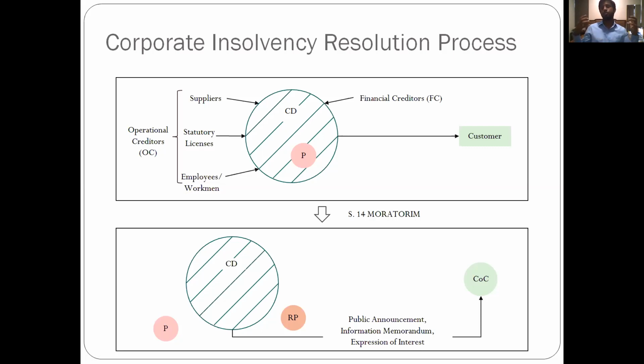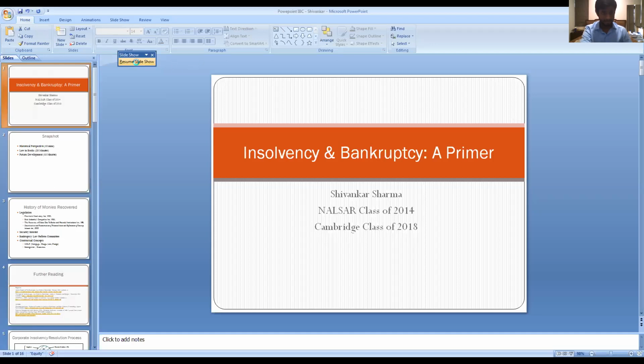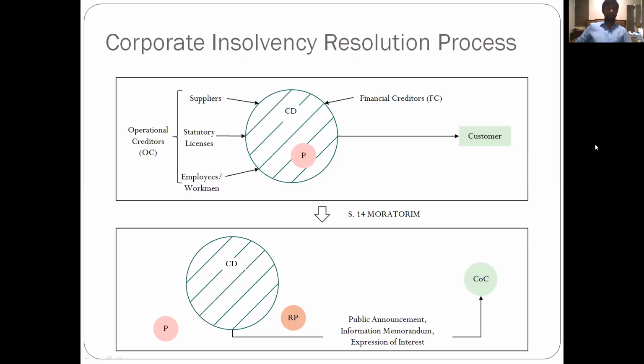Essentially, anyone who's giving you money and charging you interest over a period of time is a financial creditor. So you read the loan agreements, term agreements, working capital agreements, any kind of credit agreement that you see, and that is essentially a financial creditor.